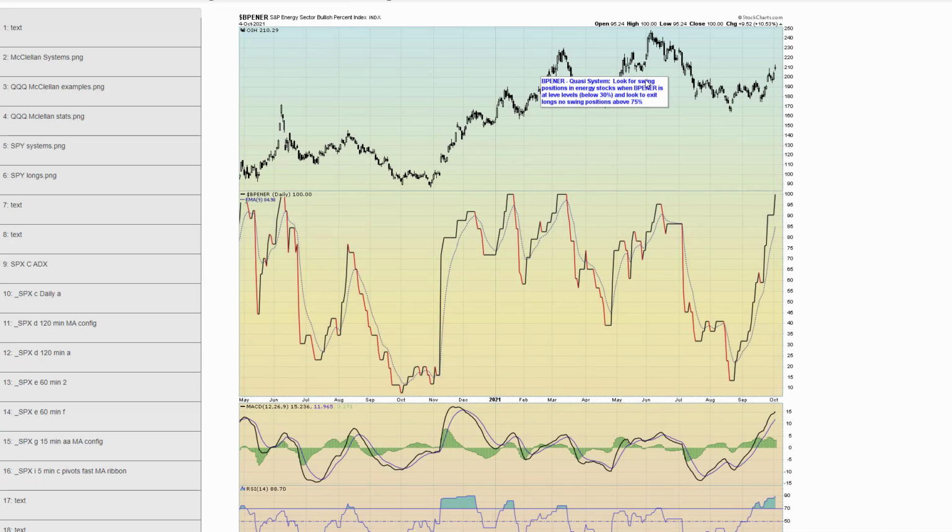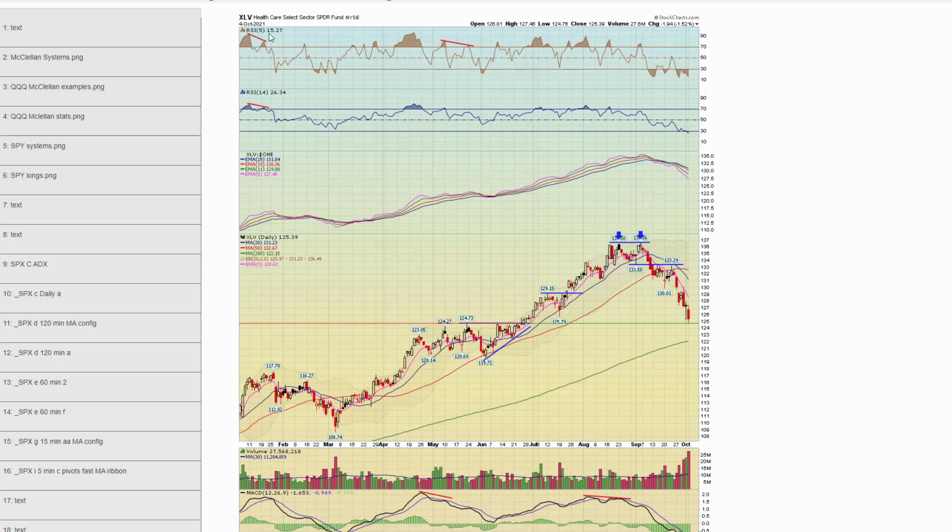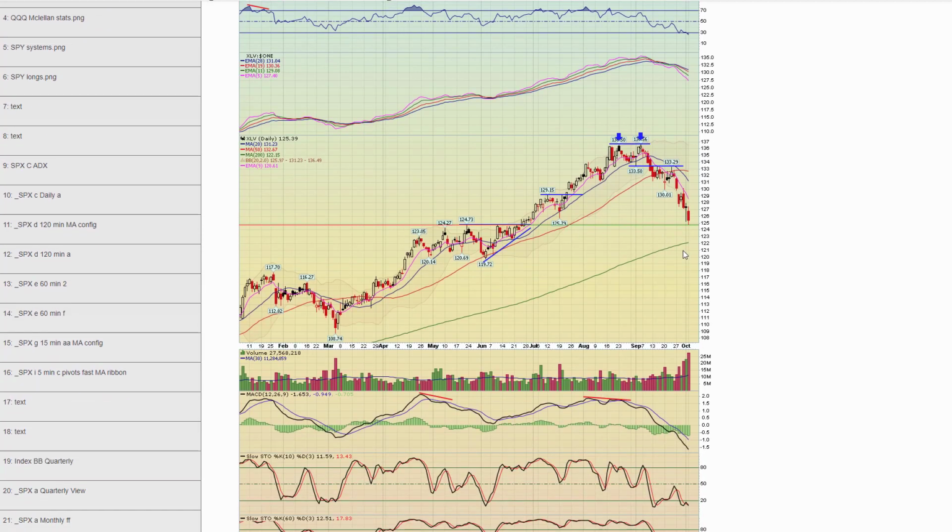Next. Chapter 47, healthcare. We've been showing this, had this perfect double top we pointed out back here in September. Now nearing this big support zone from the May, June highs. So we could see a potential bounce here. But if it does, I still think the 200 may be tested just because it's not very far away.